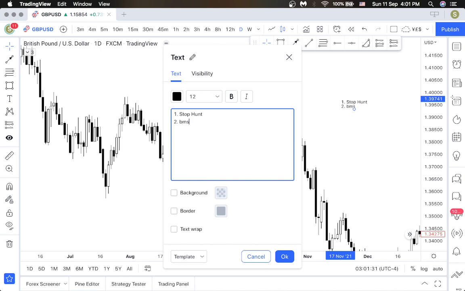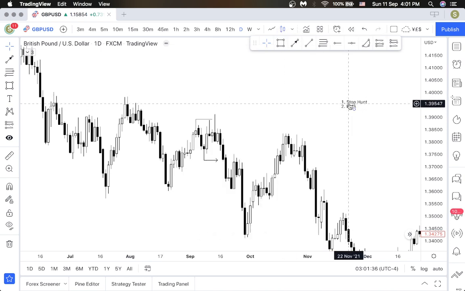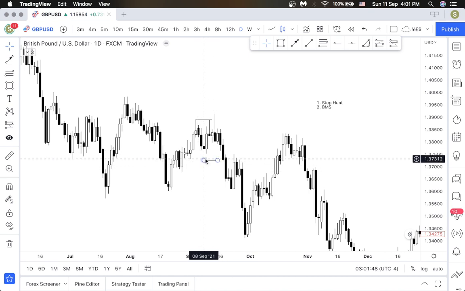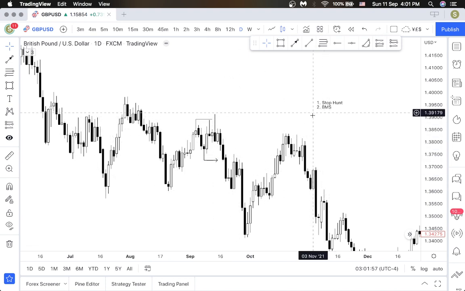The second one is you want to see a BMS, right? So stop hunt, BMS, RTO, this is the base for every setup or every trade. You want to see a stop hunt, a grab of liquidity, and a break of structure. What has that done? This stop hunt and this BMS has validated any order block in this range for now,